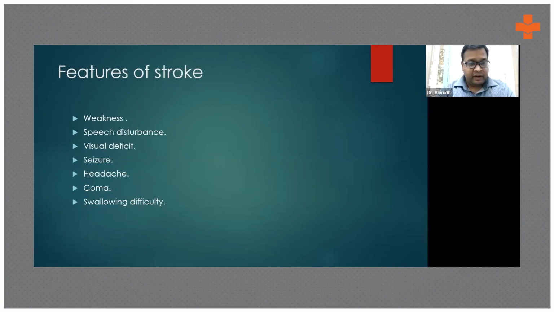He might be finding difficulty in finding words for a specific thing. There might be dysarthria, and in some cases, people might have complete aphonia where any voice from the larynx doesn't come out. Then sometimes there might be a visual deficit, which will again depend upon the part of the brain that had been affected because of the stroke.